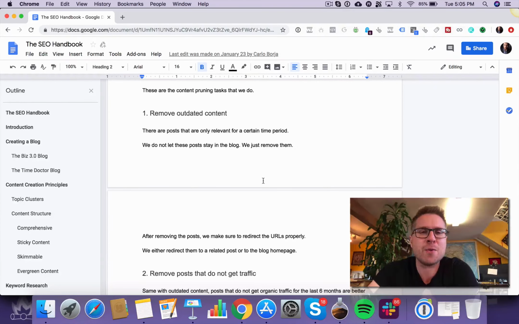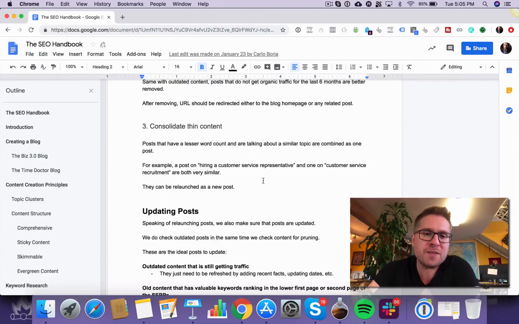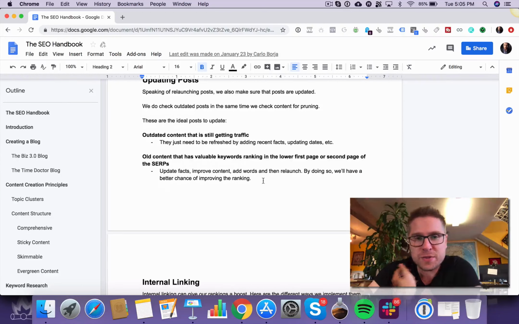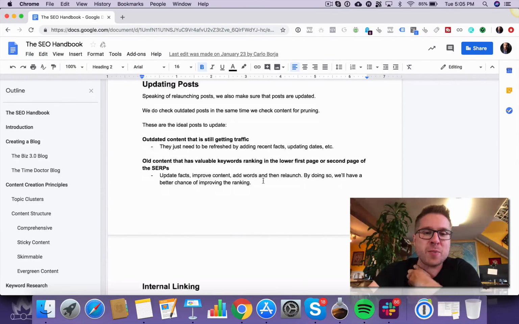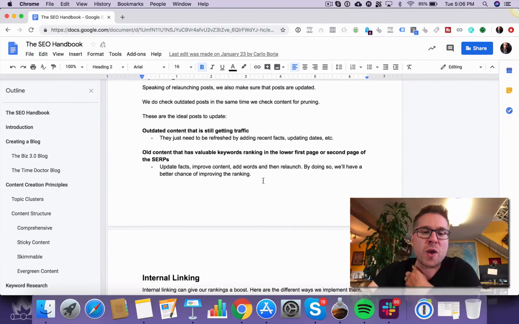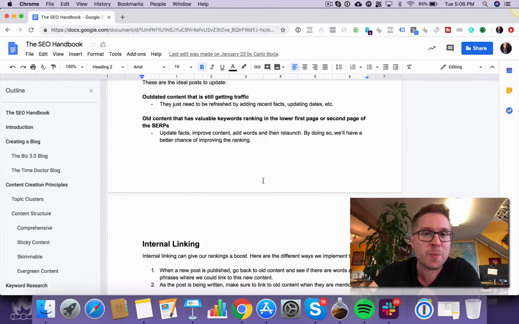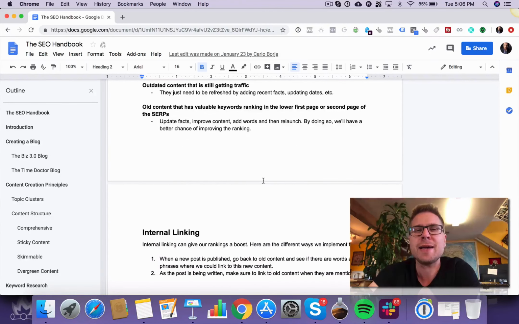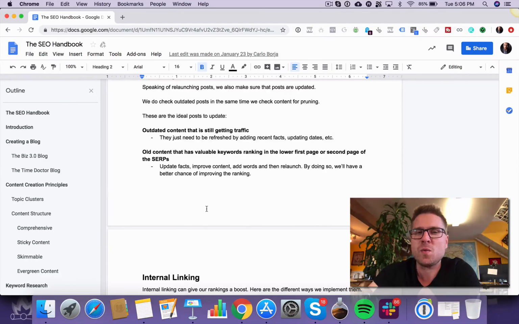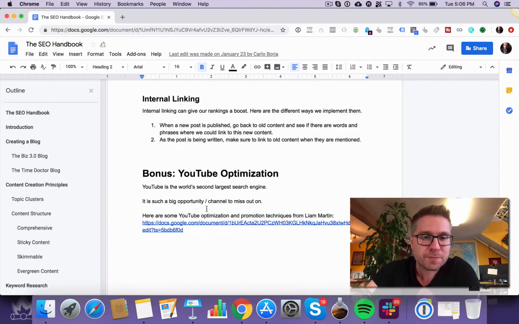We were initially quite scared about pruning our content, but we've now recognized that pruning content is absolutely the best thing that you could possibly do to be able to boost your SERP rankings. It's very cool. Updating posts, obviously, if we're going to prune some content, then what we'll also do is update posts. A lot of the times we might just write another paragraph or another 500 words on an LSI keyword as an example that we think we're missing, and that will usually post us up. So all of those things you can kind of try. We usually do those audits about once every 6 months to just kind of see what's up,